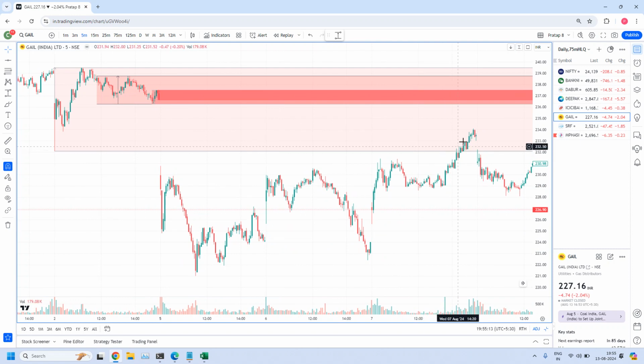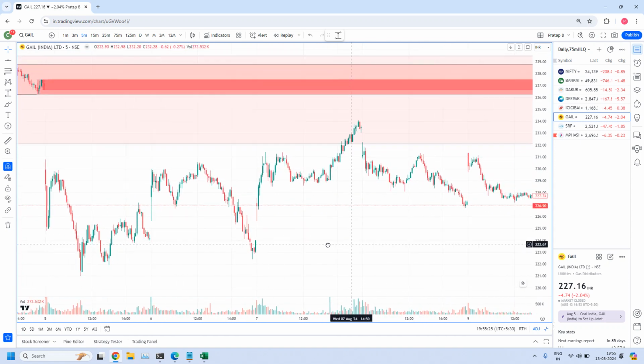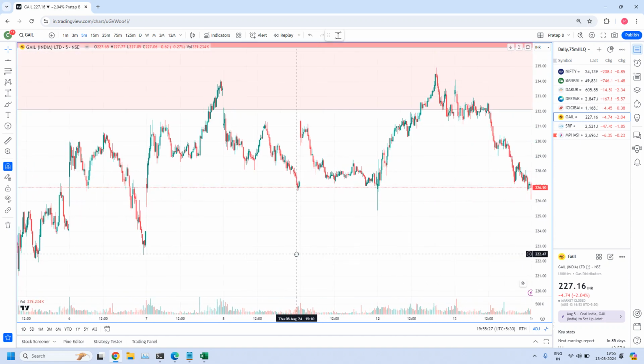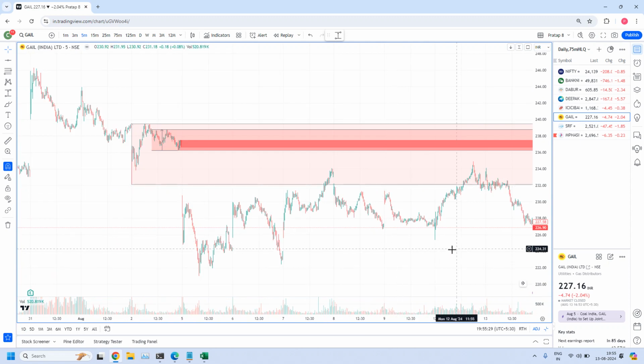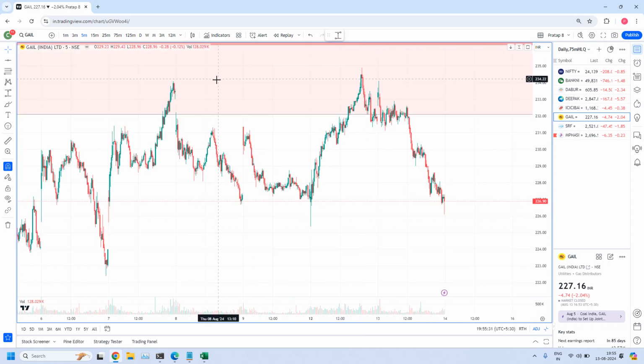See, first time when it entered, it consumed some of the orders in the pro gap, and from here onwards, a very strong order flow. From here onwards, a very strong order flow. After that, it pushed the prices down. See again what happened today. Today, because the pro gap order flow is consumed till this area, further some more up it went.